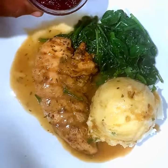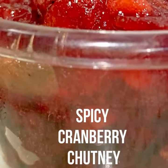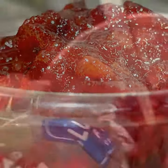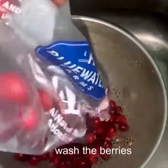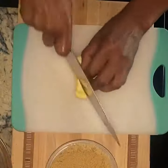True confession, I ate almost this entire batch of spicy cranberry chutney before it was time to serve it and had to remake it. Now, to get started, we'll need to wash the berries under cold water, then mince the